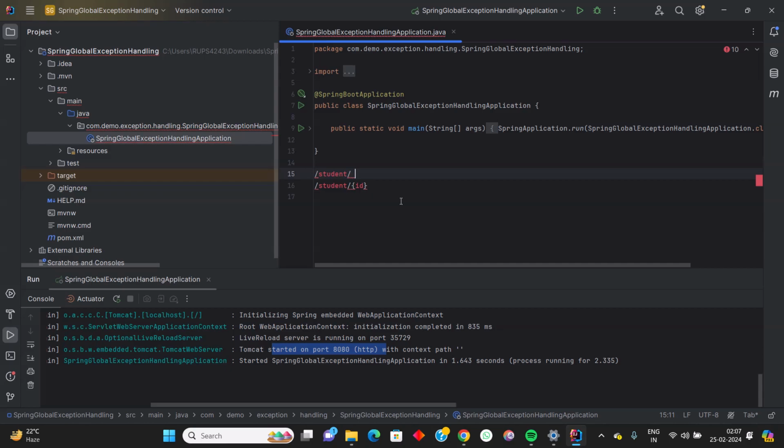One is that if the resource is not present, if one student is not present with the ID, then we're going to throw a custom exception saying that the resource is not found. And we're also going to see how we are going to handle the global exception